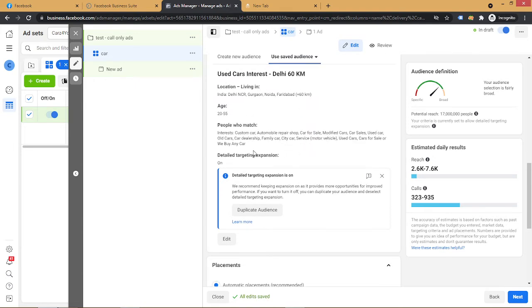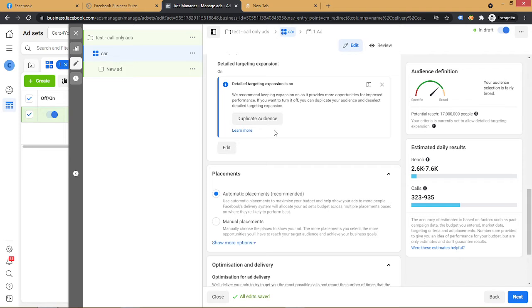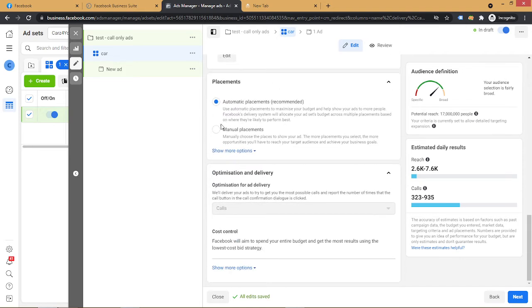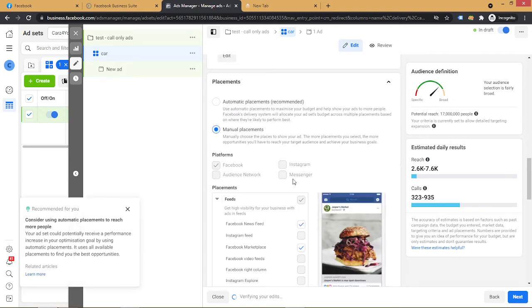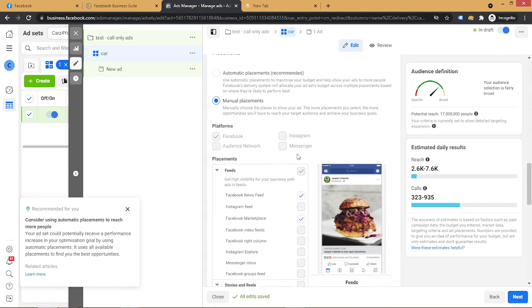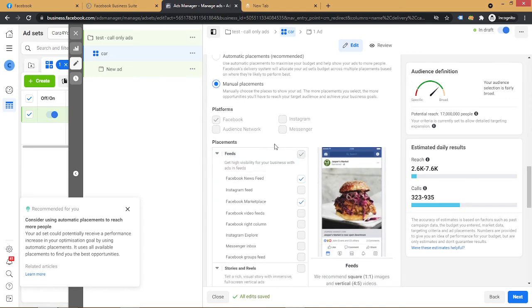So I'm going to use this previous targeting. For placement we can choose manual or automatic. In manual placement, if we have chosen the lead generation objective, Facebook will run the ads on the Facebook network only.